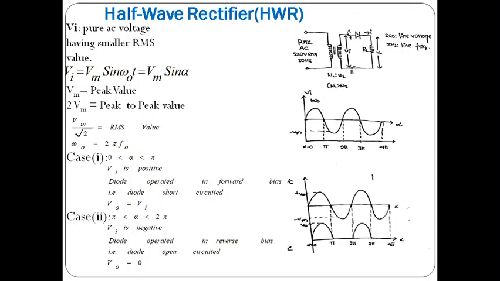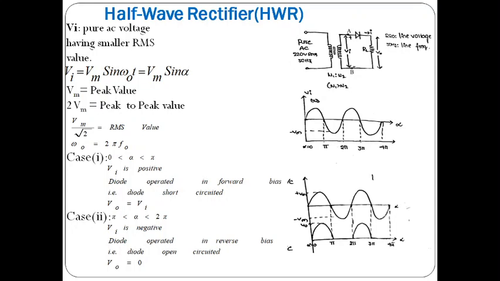Why are we using the step down transformer here? To provide the low DC voltage, and if we do not step down, our diode may get damaged. We are supplying the 230 volts 50 Hz as RMS, and the stepped down voltage is also pure AC and RMS voltage. Clear? So our rectifier circuit consists of a resistive load and a rectifying element, our diode, and the source of AC voltage, all connected in series.